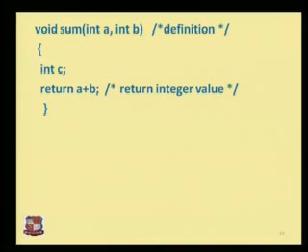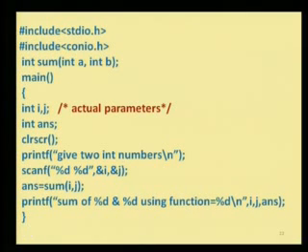And what is the definition? int sum(int a, b), that is the same as the declaration. int c; return a plus b. What is it returning? It is returning a plus b. We are not using c here. That is very important. In our last section, we discussed that when it is returning a plus b, the a plus b returned from the function sum(i, j) will be assigned to